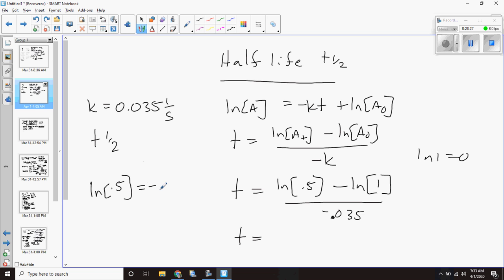So if you remember in the previous problem, the natural log of 0.5 is equal to negative 0.693. Well, guess what? If you make this assumption all the time, if you have a first order process and you start with 1 molar and after one half-life you literally end up with 0.5, then you end up with a new equation to describe half-life, right? If you think about this, we can break this equation down